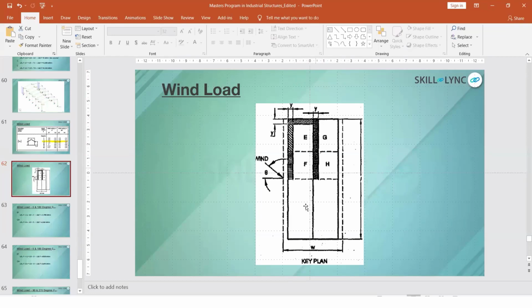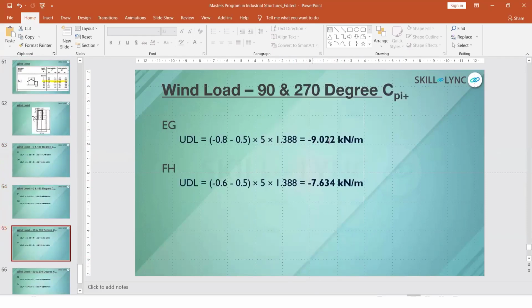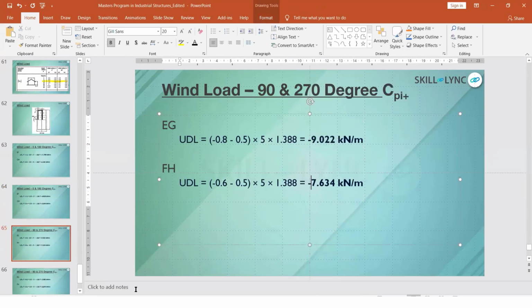The wind flow will be very heavy because we have a very huge opening. This is the entrance, or both sides will have a very huge opening at 90 degree and 270 degree. So in that case you have to consider 9.022 and 7.634, right? So for 9.022, I think I have to share this model.